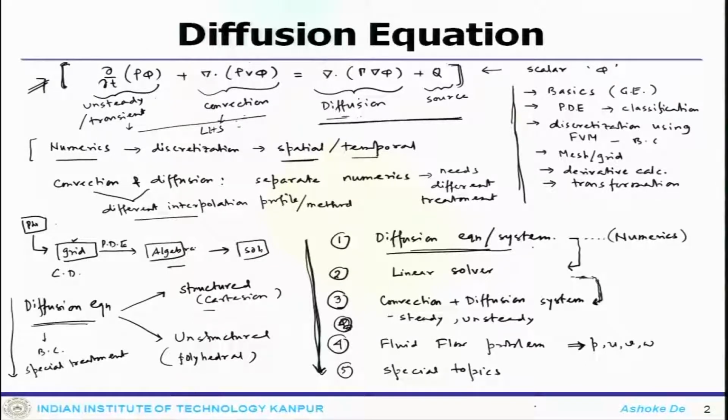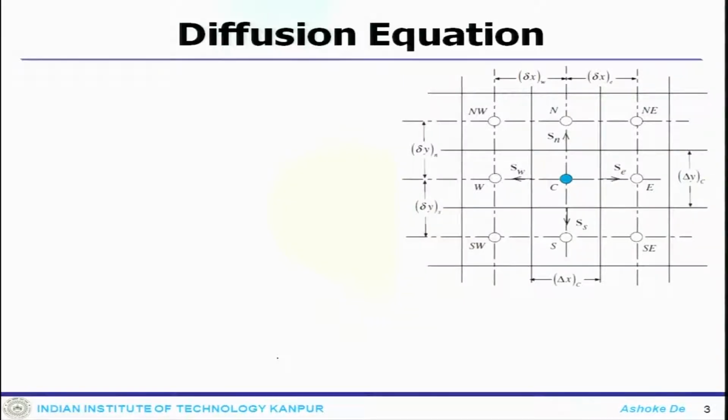So, we will start with the diffusion system, that is essentially the right hand side of the transport equation. And why? The logic behind that is that this system is going to be simpler to begin with, then we will add the convection to it. So, just to begin with, we will start with a structured diffusion system or Cartesian system and then move to the unstructured. So, having said that, let us have a system of a 2D.